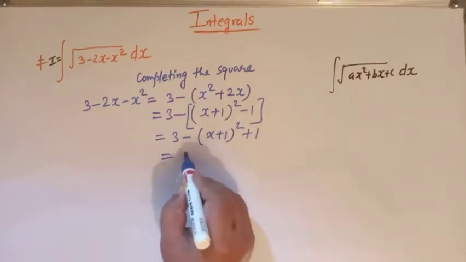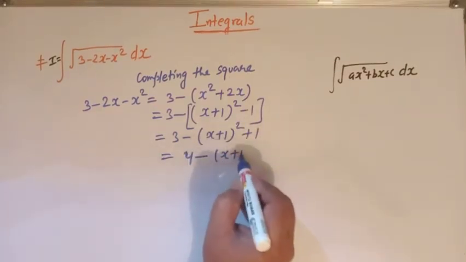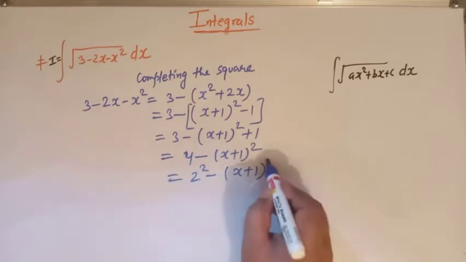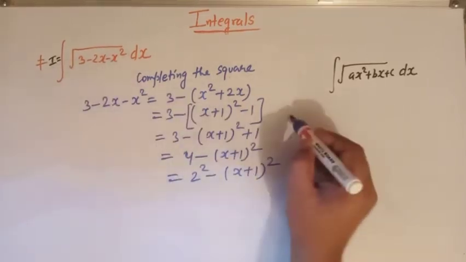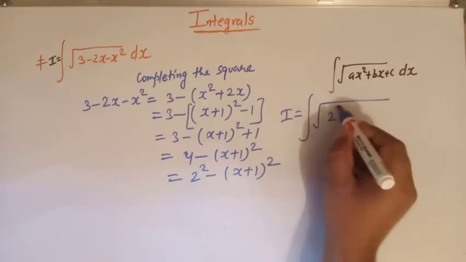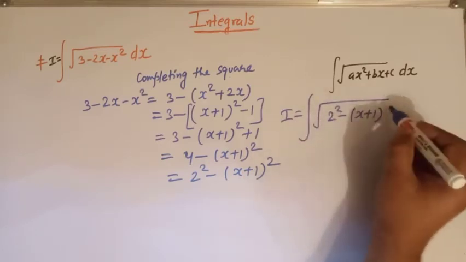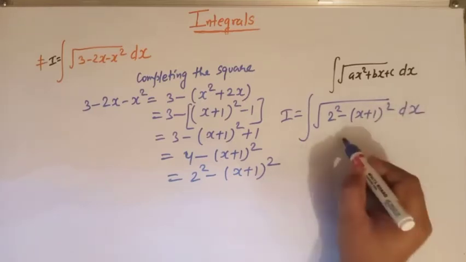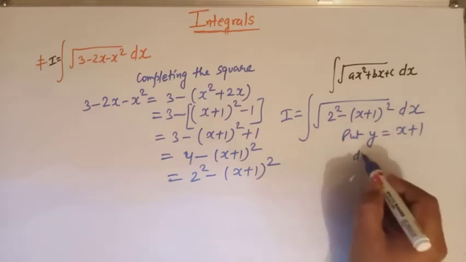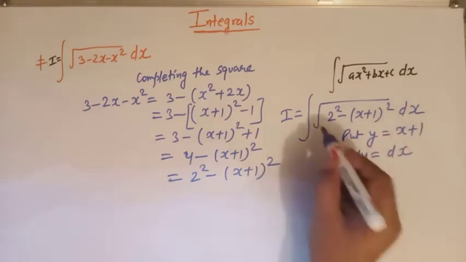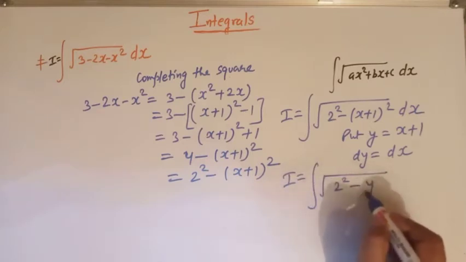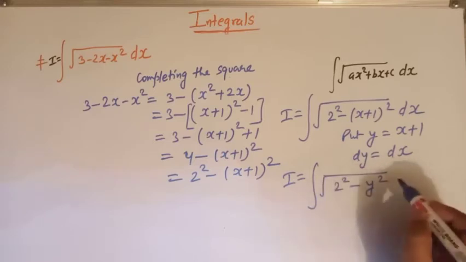So this can be written as 4 minus (x plus 1) whole square. This is 2 square minus (x plus 1) whole square. Clear? Now this integral I can be written as the integral of the square root of 2 square minus (x plus 1) whole square dx. Now let us put y is equal to x plus 1. So we have dy is equal to dx. Now this integral can be written as the integral of the square root of 2 square minus y square